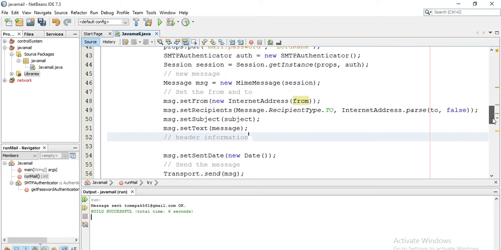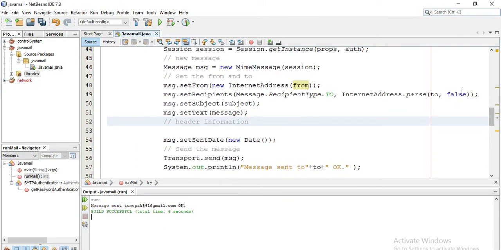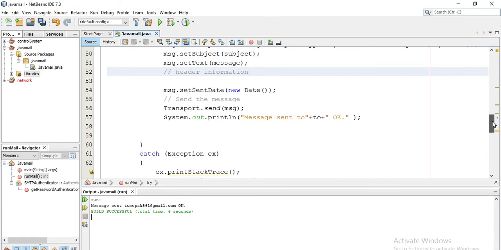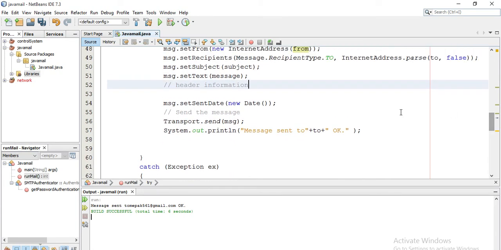So watch carefully and don't miss anything, because otherwise your program is not going to work. msg.setSentDate, new Date, Transport.send(message), System.out.print message is sent to. This is the output that we have received here.